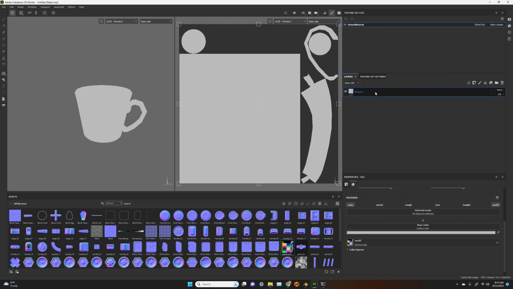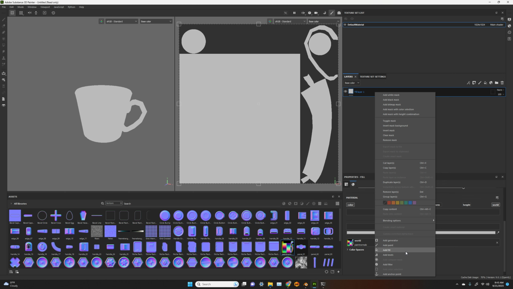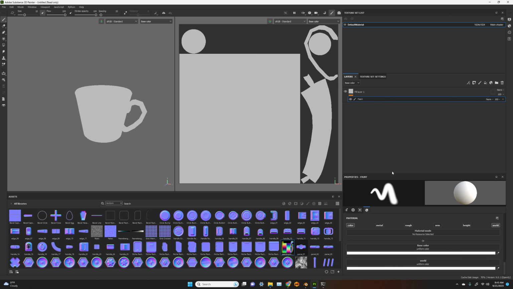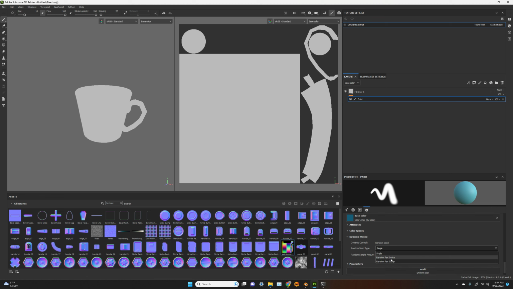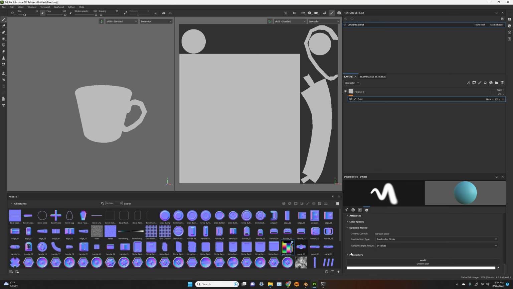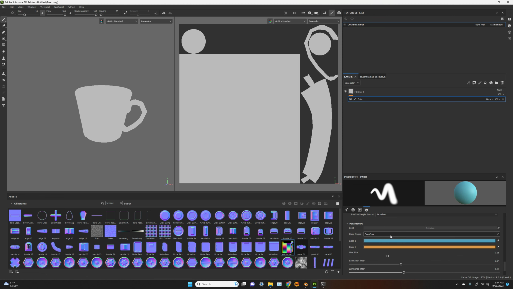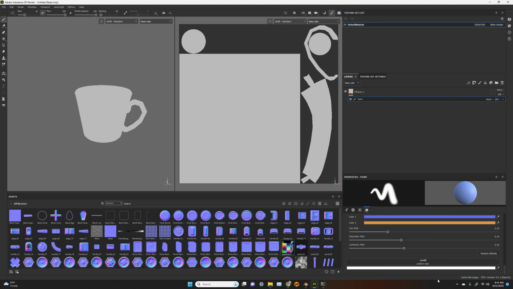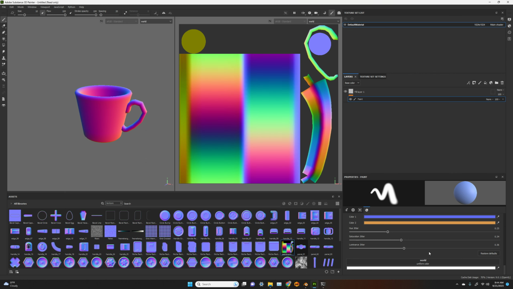Okay, so it's a fill layer, and then you add a paint layer, click base color. You can type in color jitter. Dynamic strokes, you do random per stroke, and you can even increase the jitter amount, and maybe, just for testing, we'll do purple. And then in the world color, go to visualize the world,